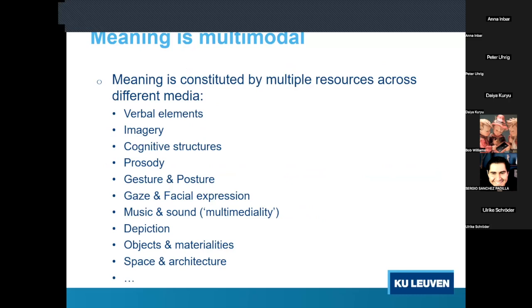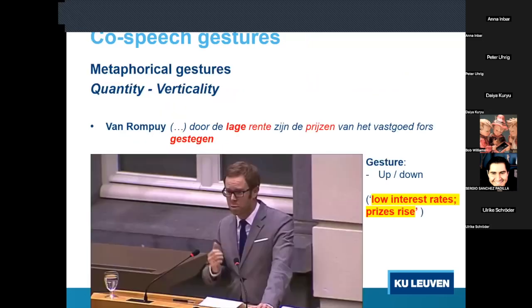And today I would like to focus on gesturing, not so much on posture, but the focus will be on gestures. This is still part of my introduction, right? Because there are many co-speech gestures. I won't be talking about sign language, by the way. It's about co-speech gestures. So in the literature, there are many suggestions to distinguish types of gesturing. I'm just going to scan through a few and already give you some examples. By the way, the examples I will be showing you are taken from the Flemish Parliament.